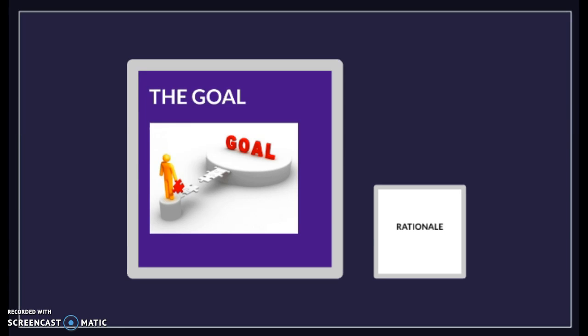The second point is the goal for the necessity of a student-centered approach to mathematics. The goal, or the rationale, is that we want to transform the classroom where students are thinking mathematically through a problem-based approach, or through problem-based instruction.